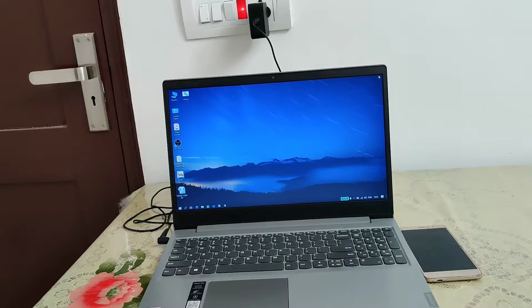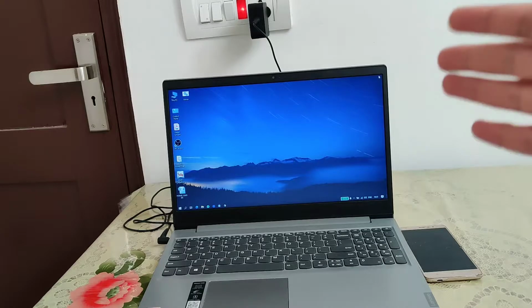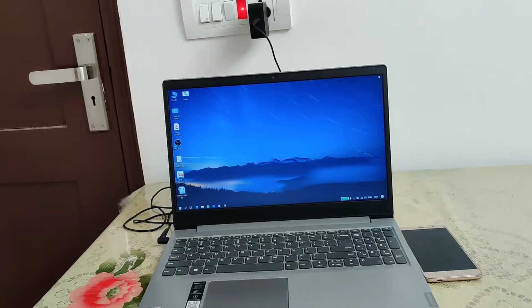And the second important thing is that this method only works in Windows 10. So if you don't have Windows 10, then you can stop watching the video here, or else you can install Windows 10. Okay, let us start. So first of all we will move to our PC part. So let me zoom into my screen.